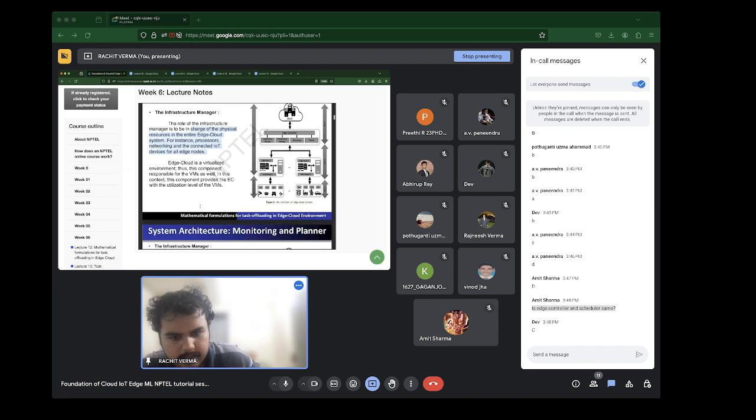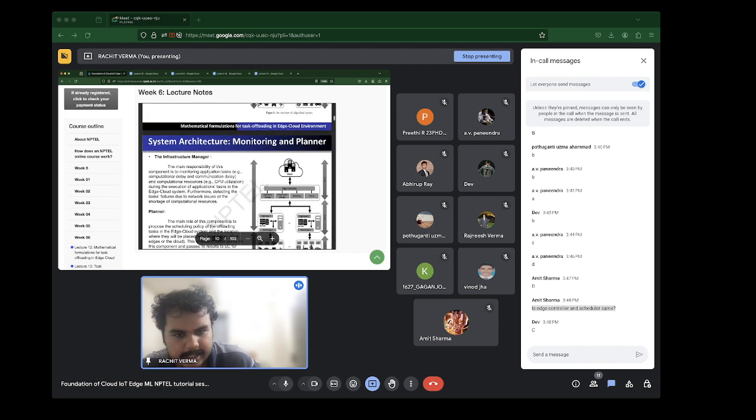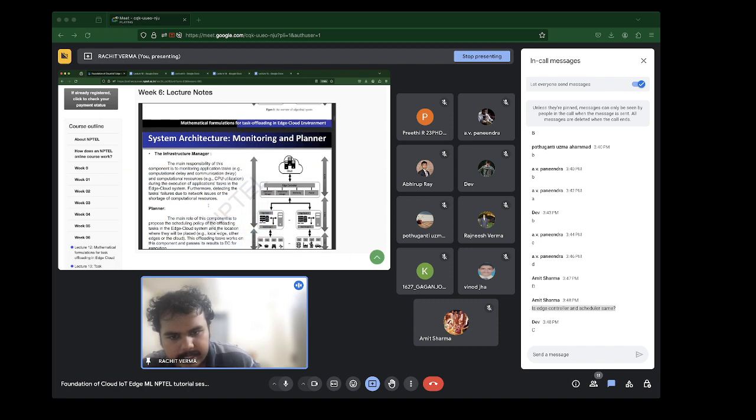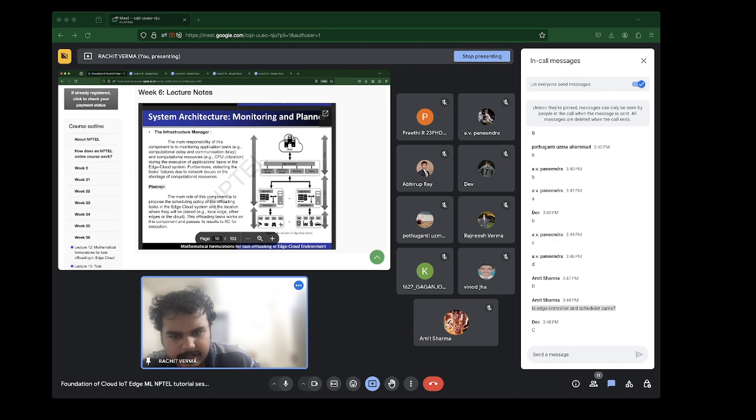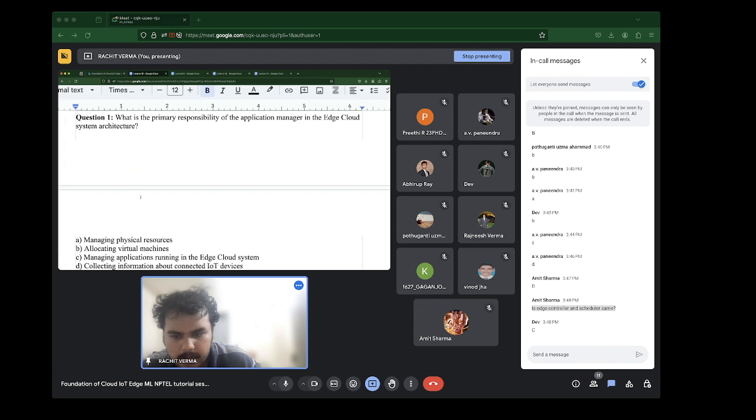As far as the infrastructure manager is concerned, it monitors application tasks, so computation delay and communication delay. Over here, the planner is doing all the scheduling of the offloading tasks. So if this is what you meant, then the planning part is being handled by the edge controller. Fine. So the answer is C.